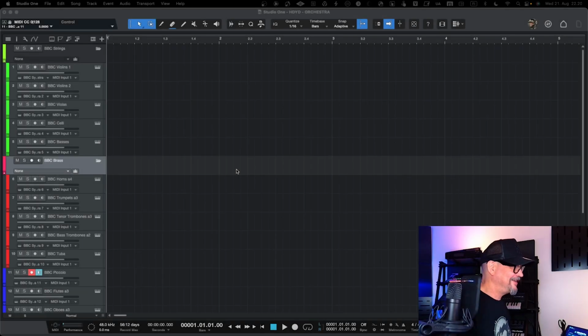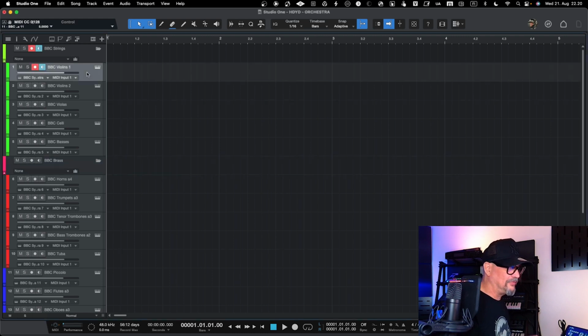Okay, so I have done some preparations in Studio One in order to fast track this session a bit. So let's start with the basic way of creating an orchestral template in Studio One. And that is pretty much that you have a single instrument on a single track, and then you basically have multiple tracks with the same instrument configured for different instruments in the orchestra. So in here I have actually used